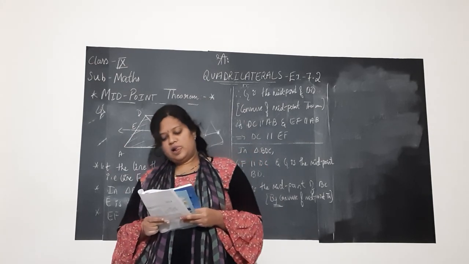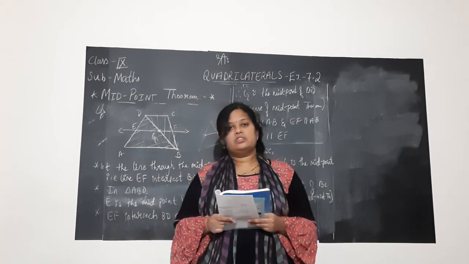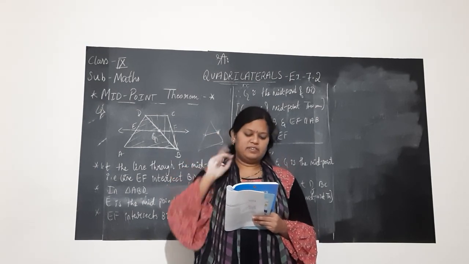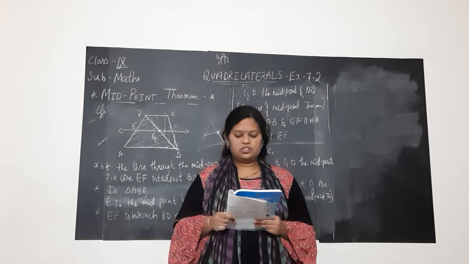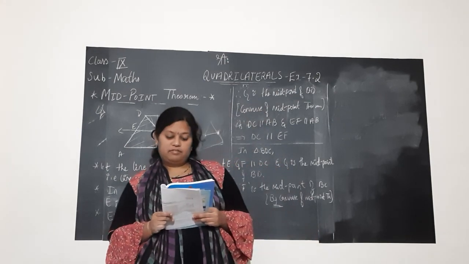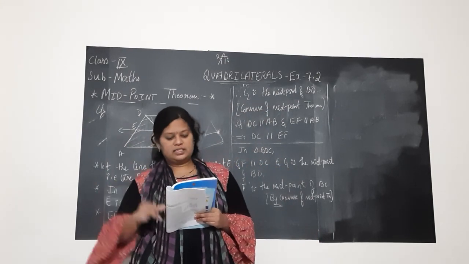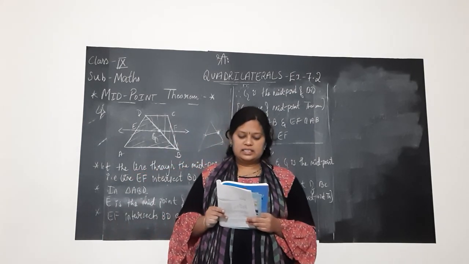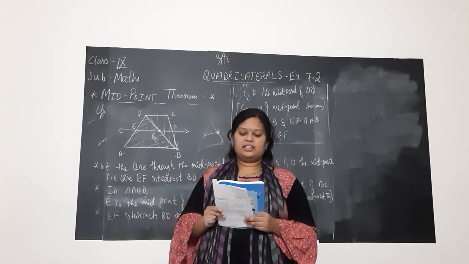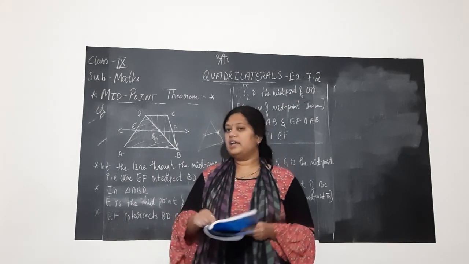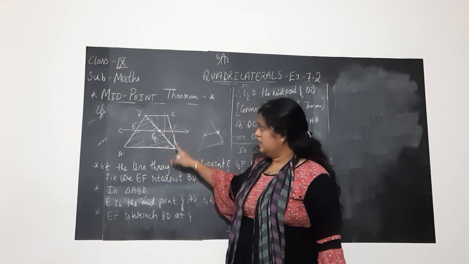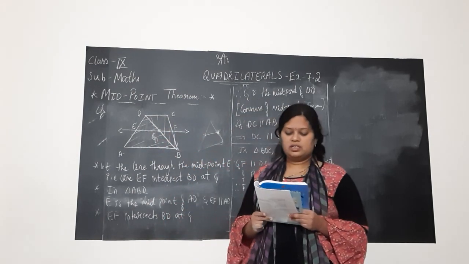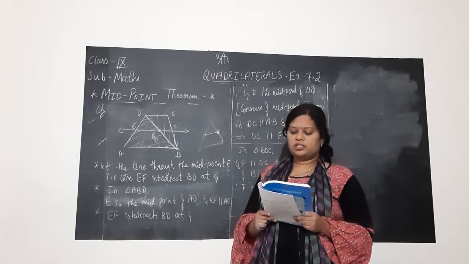Fifth one, we shall solve it now. The fifth one is easy, children. I think you can solve it. In parallelogram ABCD, E and F are the midpoints of sides AB and CD respectively. Show that the line segments AF and EC bisect the diagonal BD. So P and Q, the diagonal BD is bisected at these points. Same kind of problem. You try to solve it on your own, children. Sixth one: show that the line segment joining the midpoints of opposite